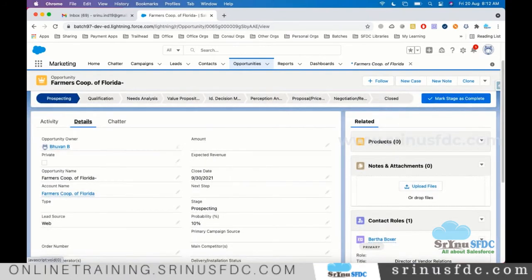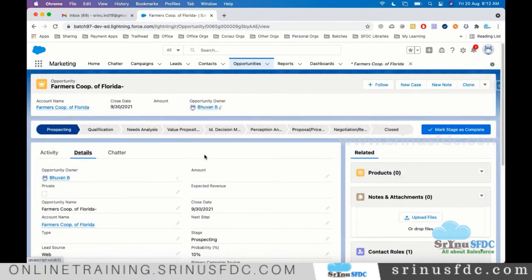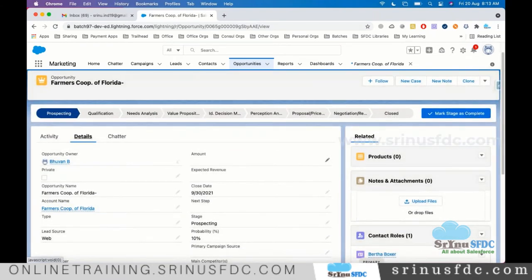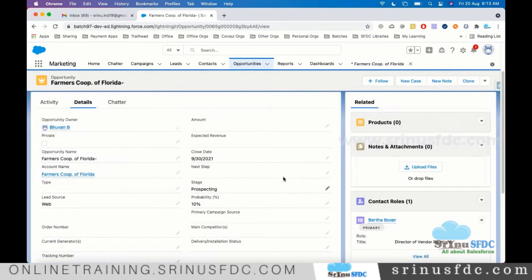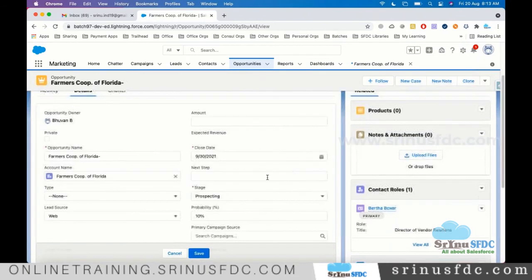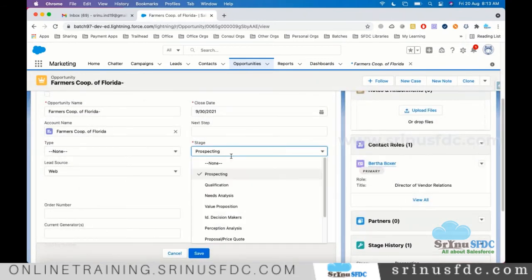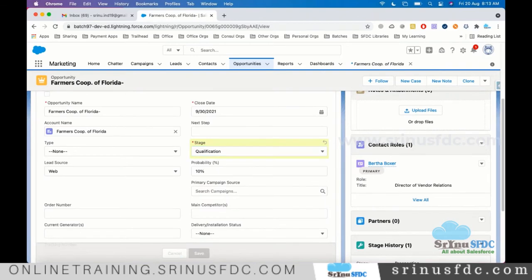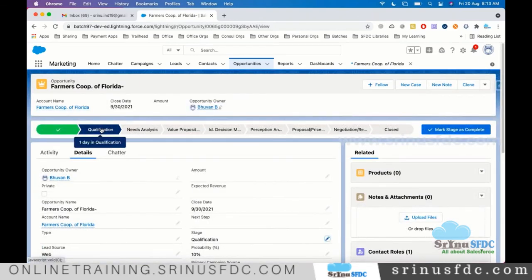And also, an opportunity is a deal. It's not that once the opportunity is created, they are going to take the product or service. The sales representative of the deal will talk to the customer, employees of this company, and try to close the deal successfully. So the progress of the opportunity will be tracked using a key field called stage. So here, qualification, if the stage is changed, you see this, technically we call this the sales path. On lead, we call it the lead path.